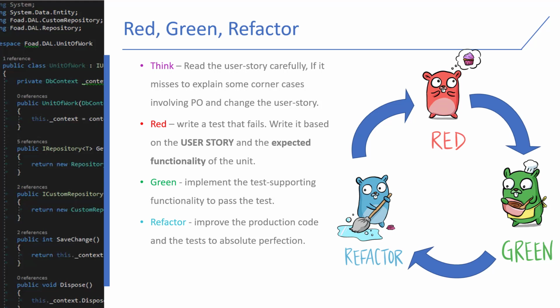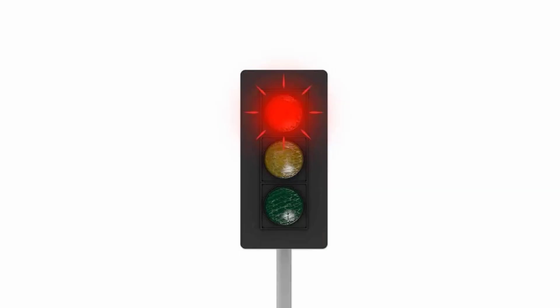If you found something that is not in the user story, you have to involve the PO, explain it to the PO, and ask him or her to add it to the user story. Discuss it with the PO to be sure that all the corner cases are mentioned in the user story. As a developer, it is not your responsibility to think about the corner cases. If you can, good for you, but it is the PO's responsibility.